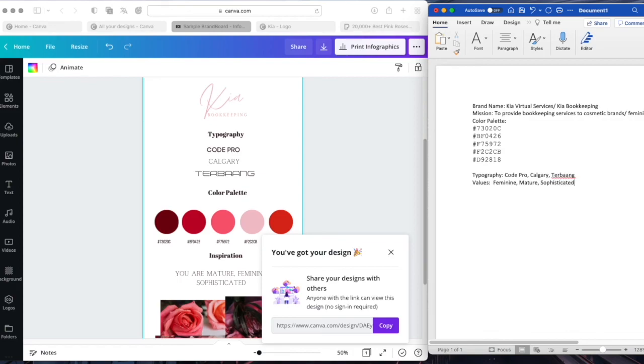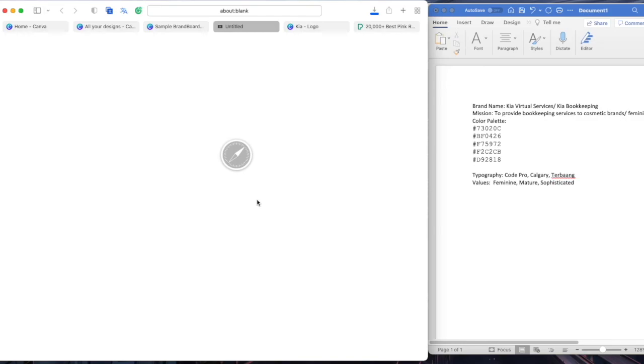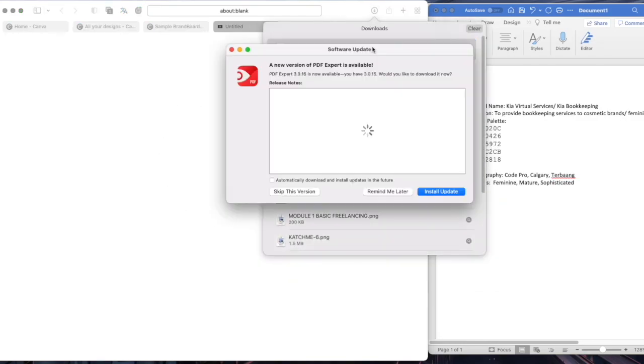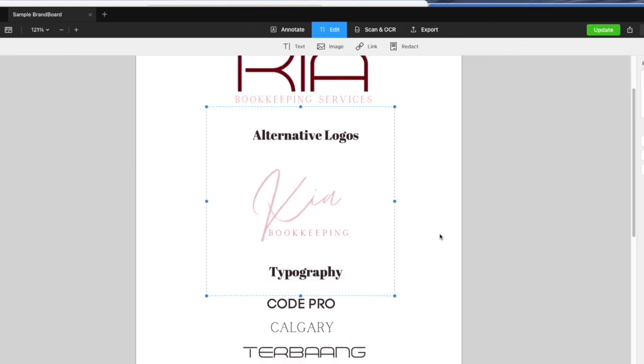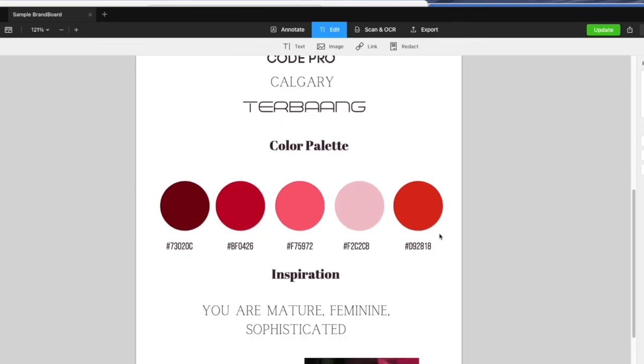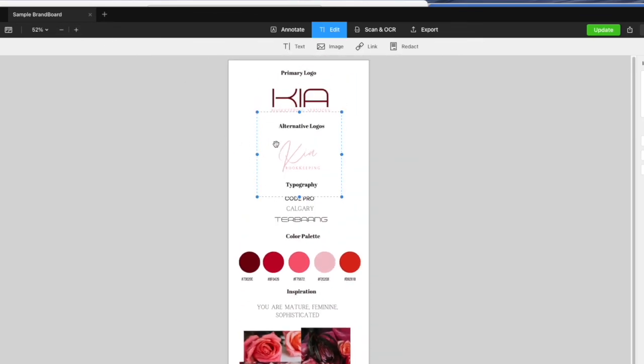Okay, there you go. And then let's open our file. And, tada! Ayan. Alternative logo. Ayan, color palette. Ayan. So, congratulations. I will be waiting for your brand board